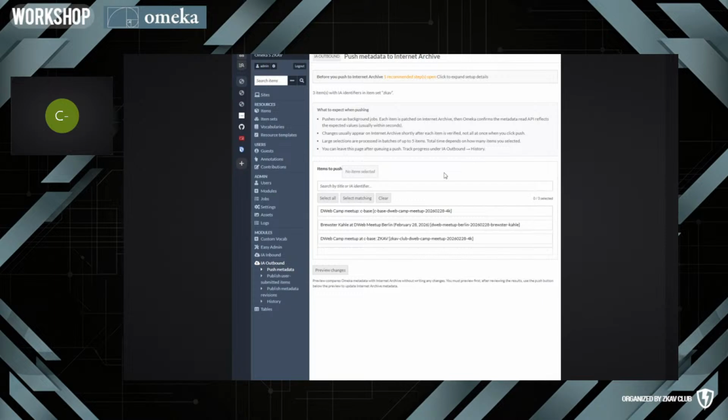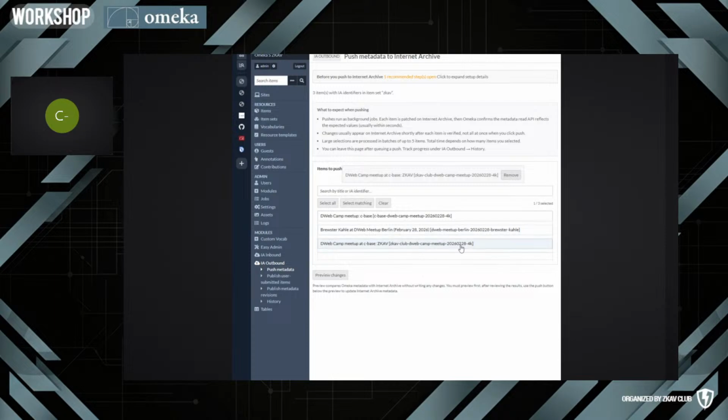I don't know how much you heard before, but as you can see here, this is the outbound module. And you can actually see that some of the items that we had just uploaded or brought into Omeka S from the Internet Archive are actually here. This one is new, and so is this one. And what you can do is, if you've made a change to your metadata in Omeka S, then you can select these changes,